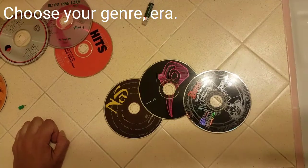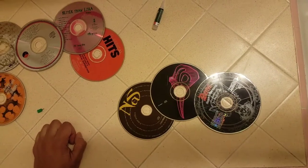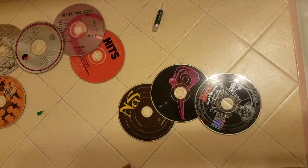You know, this is some rap right here. We have Wyclef when he went solo. Nas's album, I know If I Rule the World is featured on this one. Bone Thugs-N-Harmony. So you can go by genre as well, or you can make it as eclectic as you want to. But the whole thing is, what do you do with these obsolete